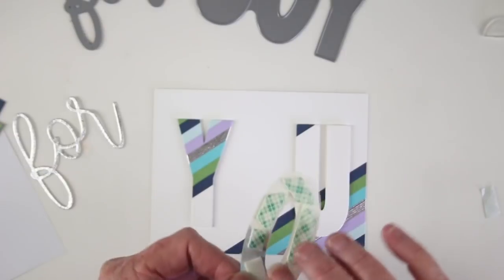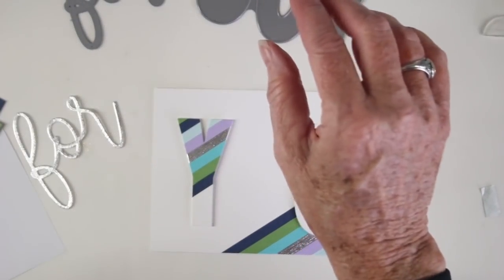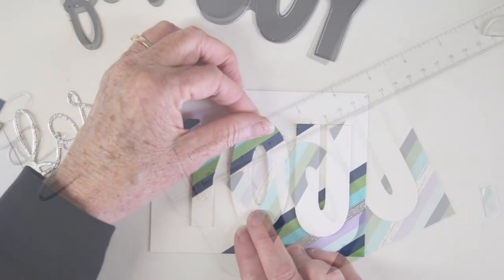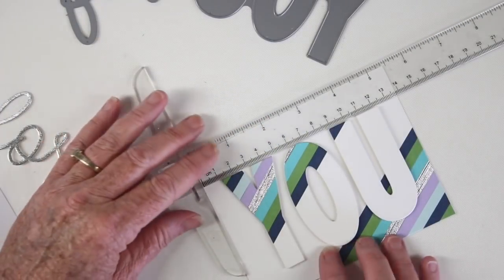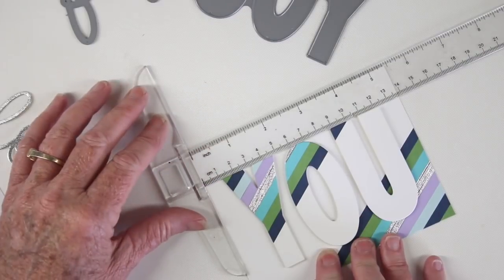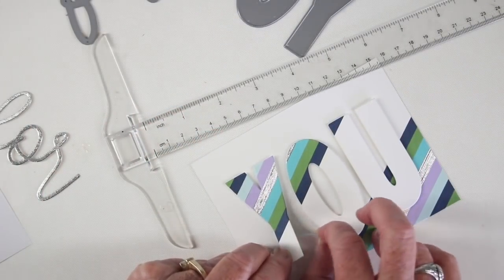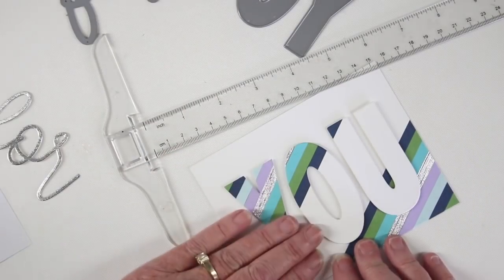I'll peel off a piece from each of these, and I'll use some lint from my sleeve just to get a temporary tack to that foam tape. Before pressing everything down, you may want to use a T-square ruler to make sure you have all your letters lined up. And once you do, you can peel off the rest of the foam tape underneath and press those